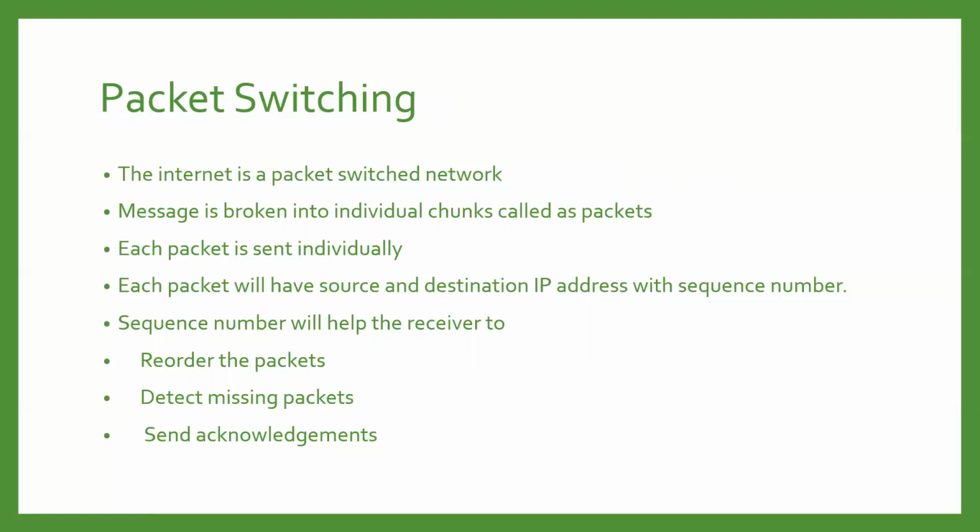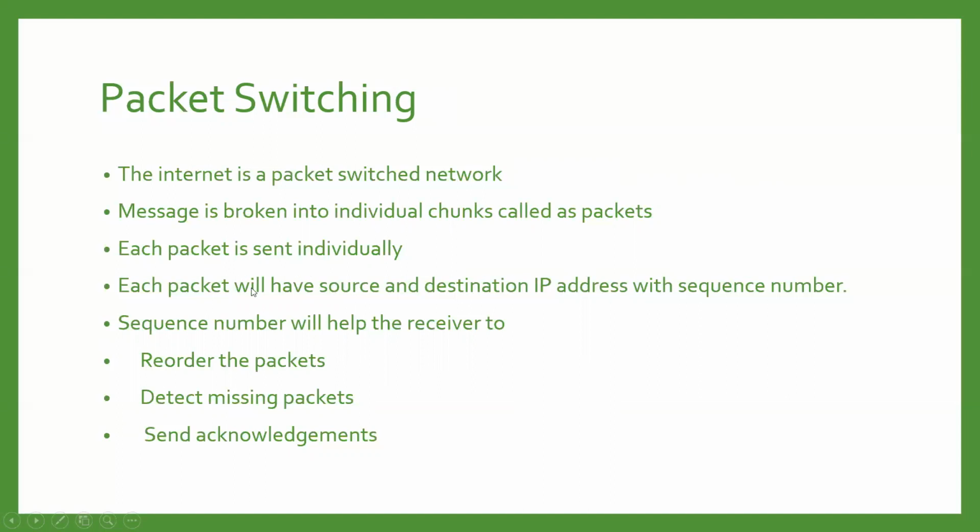What is happening in message switching? The intermediary node receives all the chunks, all the partitions, and only then transmits them to the next one. But in packet switching, as and when the intermediary node receives an individual packet, it transmits it directly. It is not waiting for the next one to come, right? As and when it receives, it will just forward that particular packet to the next intermediary node. This is the basic difference between message switching and packet switching. So each packet will be sent individually.